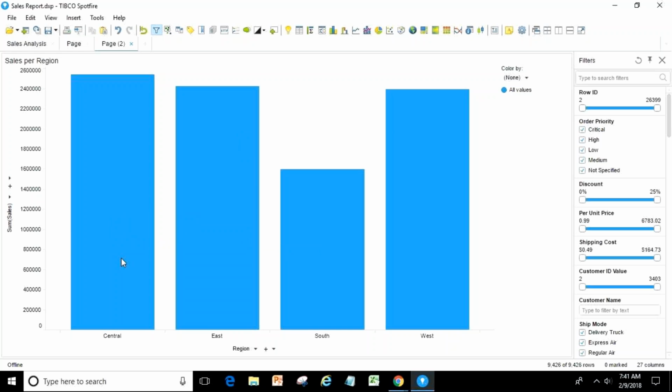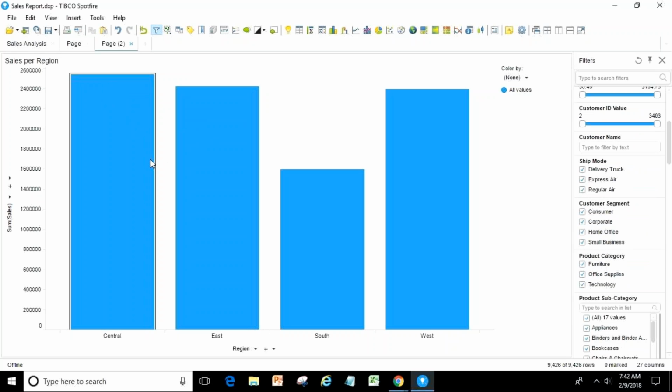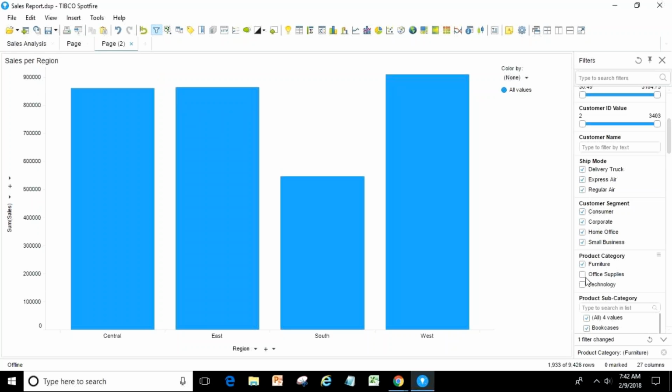Yeah. Same thing. Here my user is saying, okay, this is region, but can you help me see how much sales is happening in this region for every product? So this region is giving me sales of $2.54 million, but how is this $2.54 million distributed by product category? Means how much sales is happening for each product under this region. So what will I do for that? Either I can do it this way: I'll remove the filters using the filters option. Right now I'm showing only furniture, so this is showing me only $859,000.